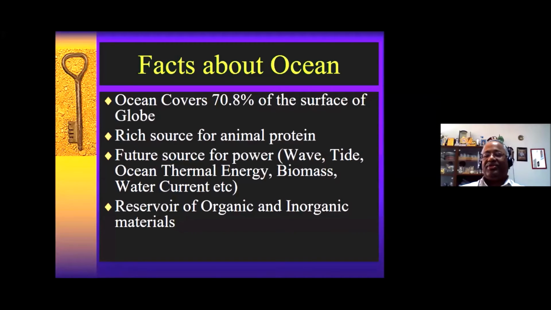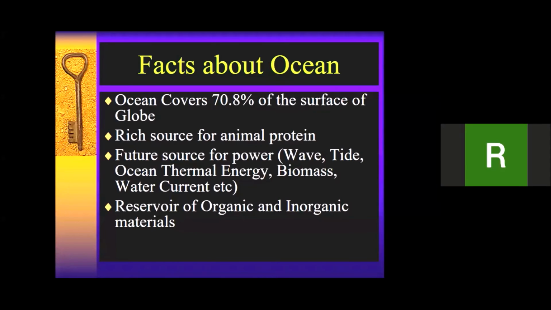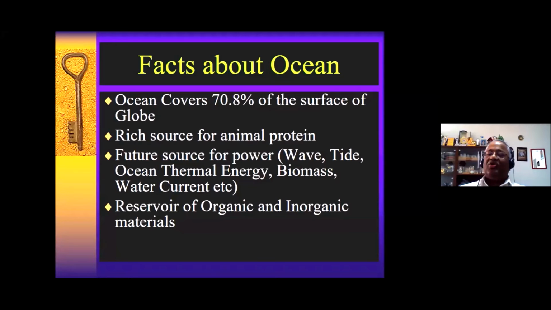Nuclear energy you will use, but it is very risky. So many countries are not using it. Many countries have banned nuclear. So you have to look for all types of renewable, pollution-free energy. We have to develop technology. We have to reduce the cost of production. And if you remember, the first point I was telling, you also need to be an economist, because developing science and technology alone is not sufficient. You have to think about economics, how to reduce the cost, so it is useful for society.